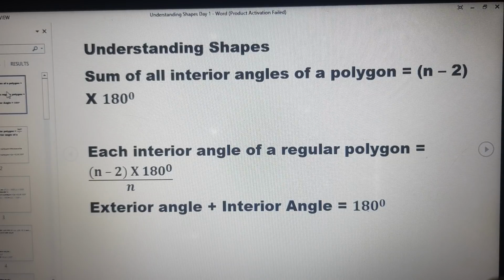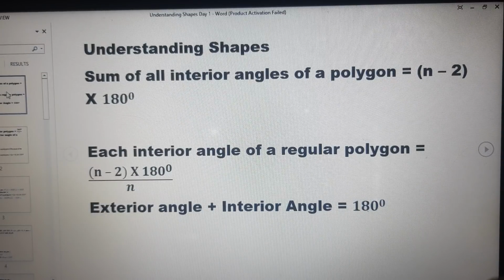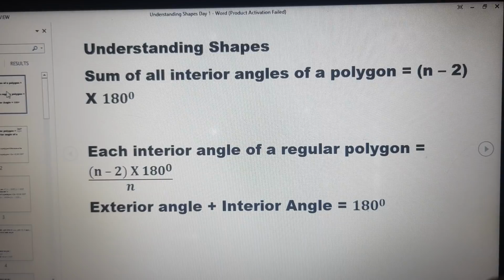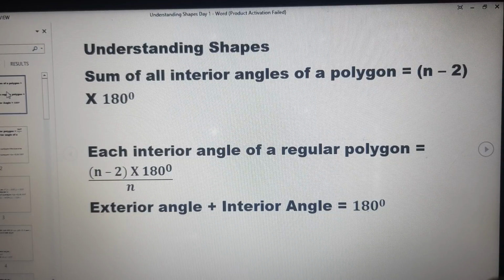Just like a triangle. Take an example of a triangle. If a triangle is an equilateral triangle, then all three interior angles of a triangle are equal. Likewise, it is true for a polygon also, and we call it a regular polygon. A regular polygon will have equal interior angles. So if we have to calculate the measure of each interior angle of a regular polygon, then we use a formula (n minus 2) into 180 degree divided by n, means sum will be divided by number of sides.